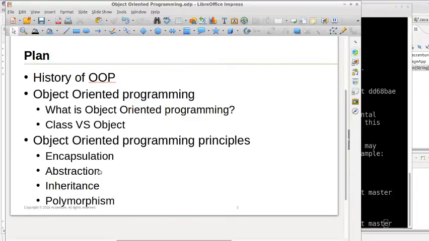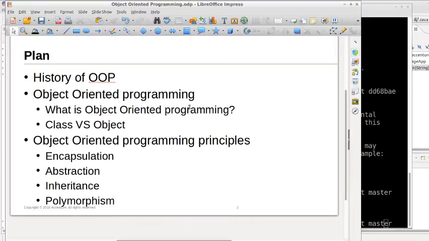Abstraction is mainly used for hiding some complex parts of our application, to provide something simple for the user who will use our code. Inheritance is one of the ways to organize our code. And polymorphism is something that allows us to make our application more robust. But about these three we will try to speak later. It depends how it will go today. We will briefly cover